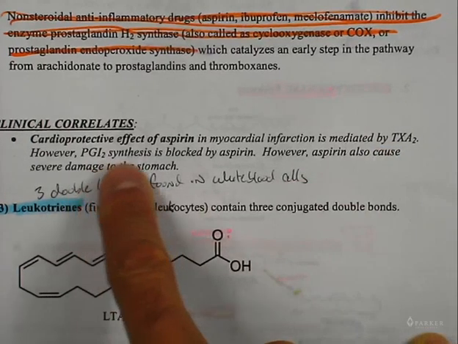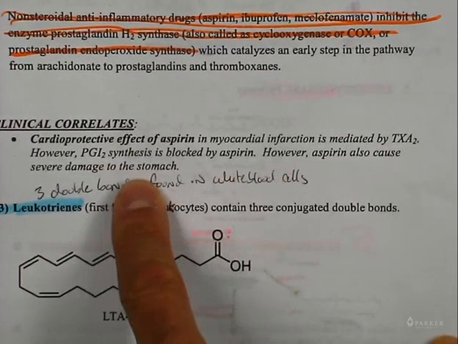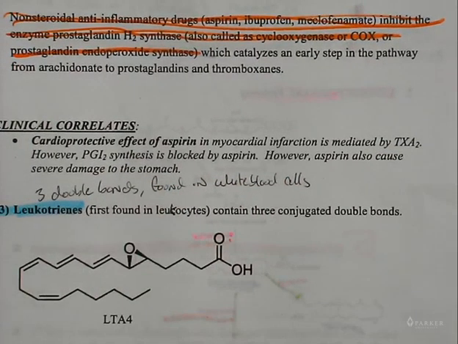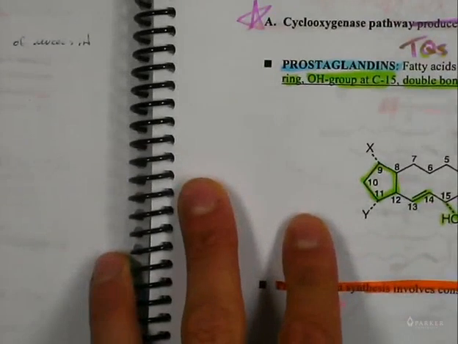However, PGI synthesis is also blocked by aspirin. Aspirin also causes severe damage to the stomach. So it also blocks PGI synthesis. It also blocks stomach stuff, etc. So it takes its toll on you. So now we're going to go to